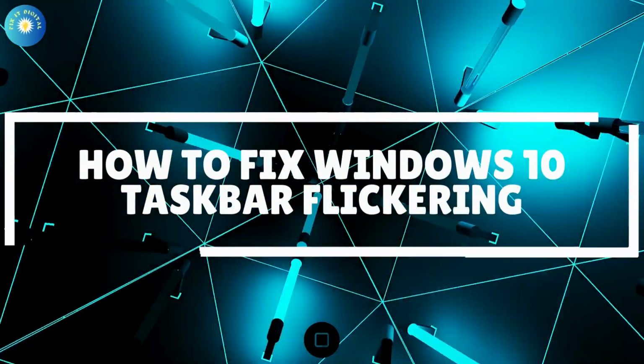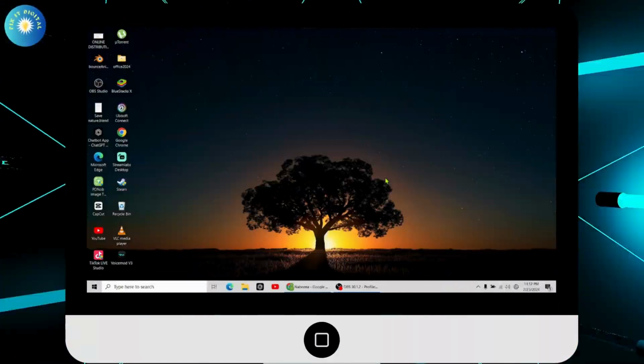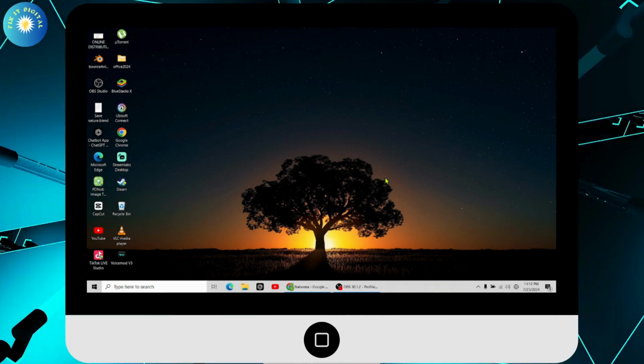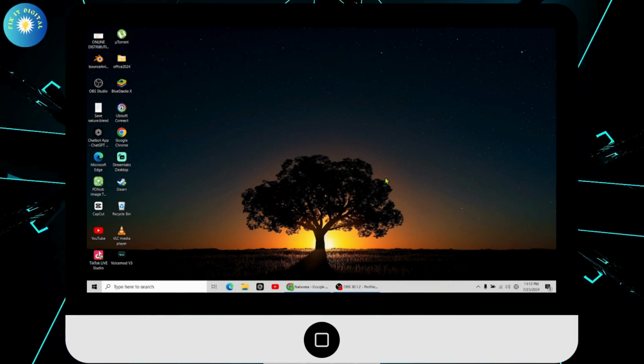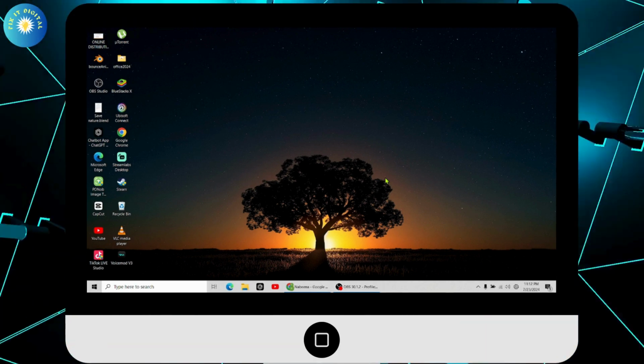Fix Windows 10 taskbar flickering. So if you want to fix the Windows 10 taskbar flickering, then I'll show you some fixes. So the first one is try pressing the Windows key on your keyboard, as this can sometimes stop the taskbar